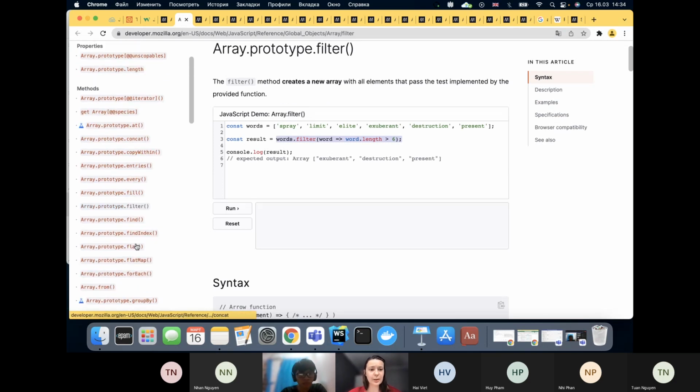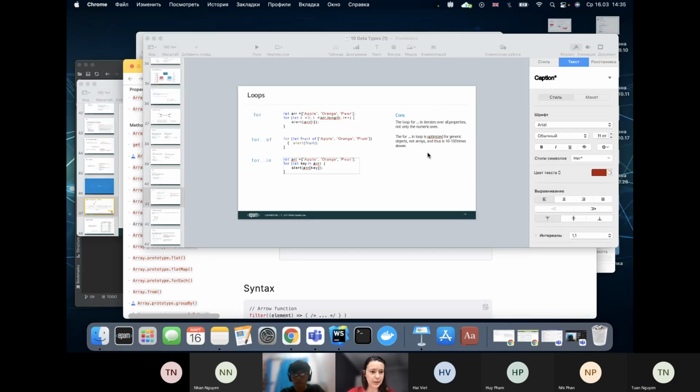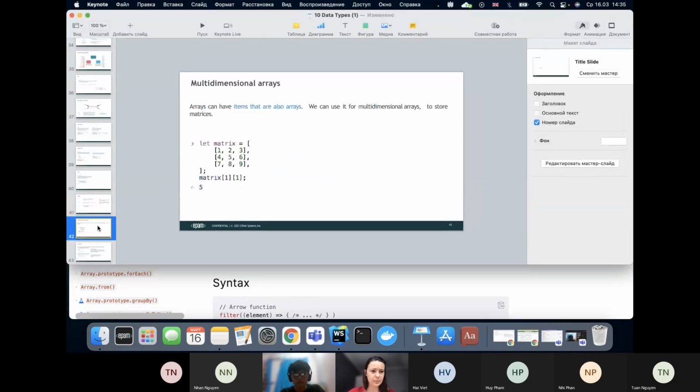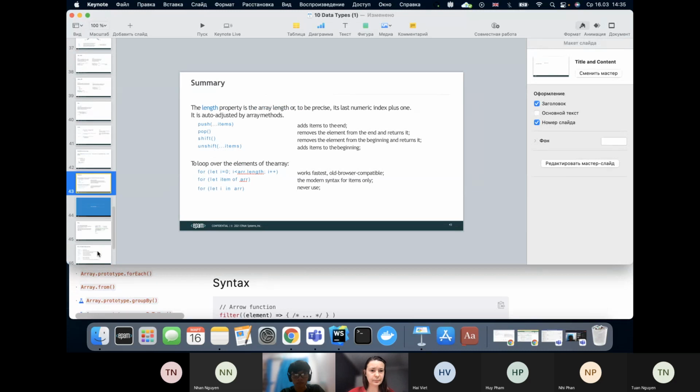I know that they are not highlighted as main, but try to work with all of them. I will text you here in this chat the methods which I recommend you remember. Okay, and actually, just to mention